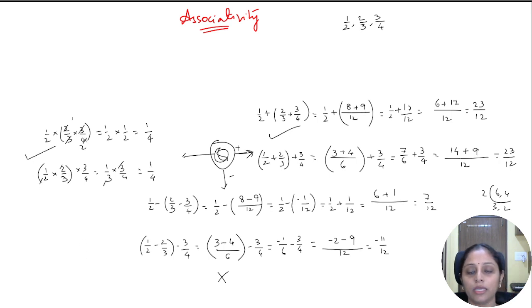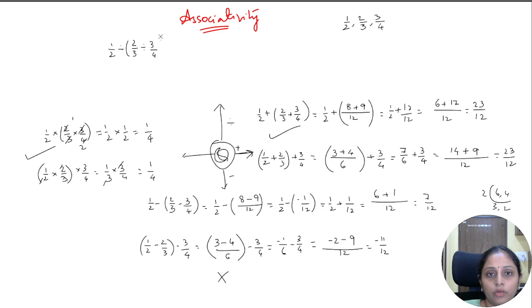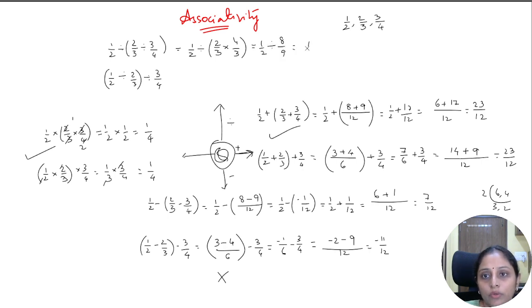So multiplication is associative for the set of rational numbers. Now coming to division. Here I have 1 by 2 divided by 2 by 3 divided by 3 by 4, and here I have 1 by 2 divided by 2 by 3 divided by 3 by 4, right? So here I'll get 1 by 2 divided by 2 by 3 into 4 by 3, I'm taking the reciprocal, which is equal to 1 by 2 divided by 8 by 9, which is equal to 1 by 2 into 9 by 8, which is equal to 9